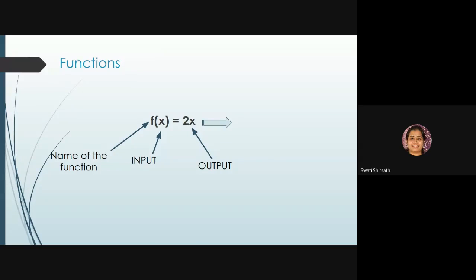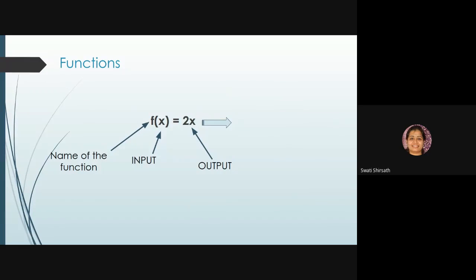Okay, so if I ask you some question, then you always answer in terms of yes or no. So that yes means yes, it doesn't mean no. So it is applicable to this also. When you give one input you always get one output. It is never that for one input you are giving two outputs. So one input, one output, but two different inputs can have the same output.